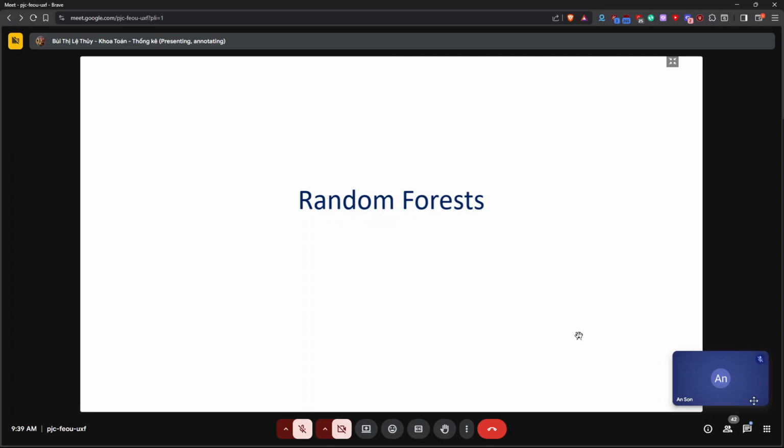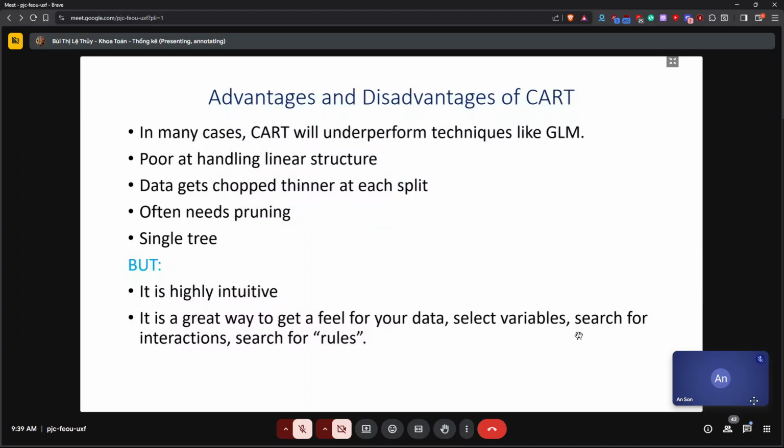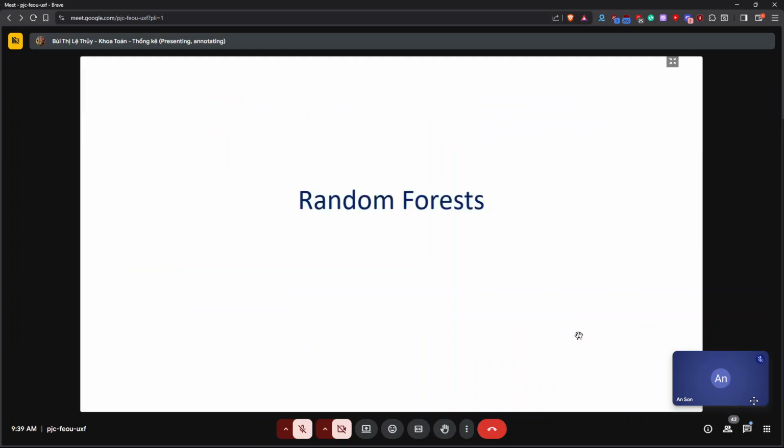So I often use CART just to show what the data look like, and what variables I might want to think about in terms of interactions to put into a linear model. Now, this is building one tree. And so we might want to build multiple trees. If we're having problems with just one tree giving a good representation of the data, we can build many trees, but just make them shallower, so not as many groups. And if we think of many trees, then we have a forest. And so we think of this as being a random forest.